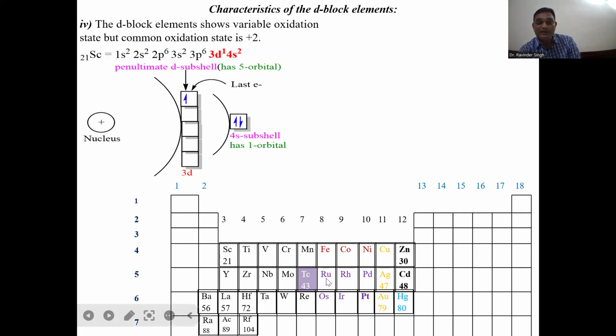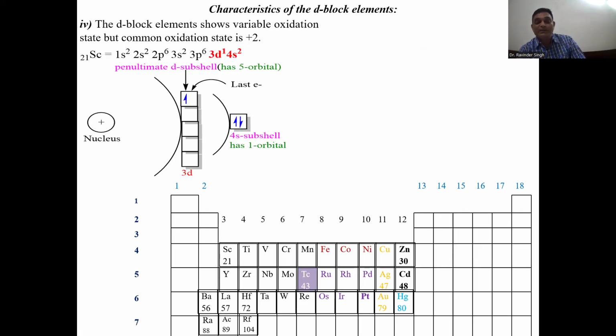Next, the sixth element group is present just below iron, cobalt, nickel, just below the ferrous metals. These six elements: ruthenium, rhodium, palladium, and osmium, iridium, platinum, are collectively called the platinum metals, because the dominating properties are those of platinum. So you have to learn this for the exam. If the examiner asks what the platinum metals are, so platinum metals are